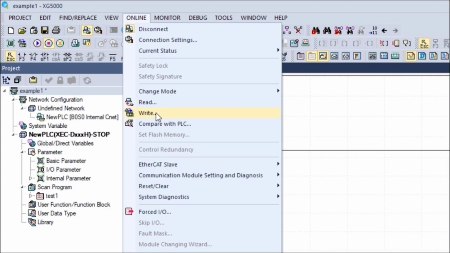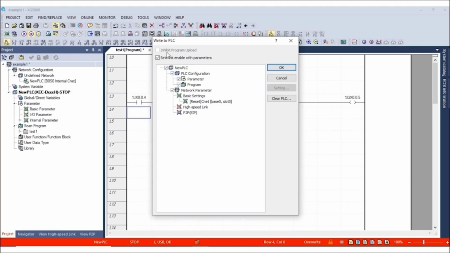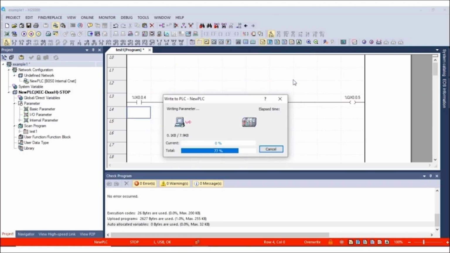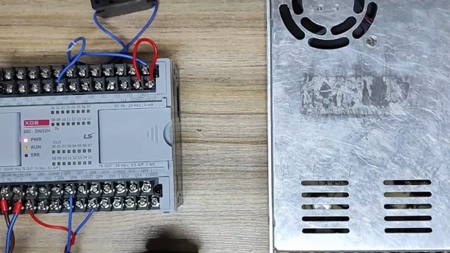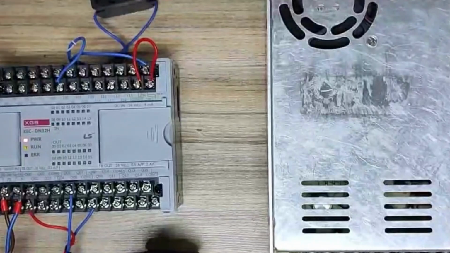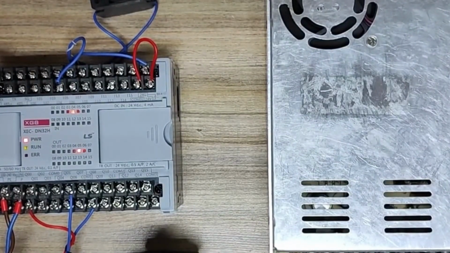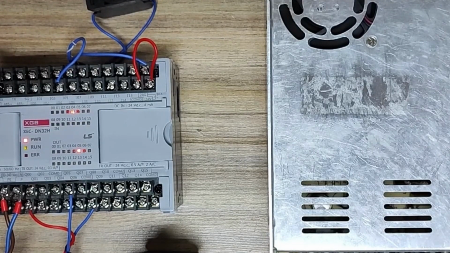So I click on right here. A window opens up for us. If I click OK here, you'll see that our program is being downloaded to the PLC. We've uploaded the program to the PLC, and by pressing this push button and activating input I04, our Q05 output on the PLC will be activated. And as you can see, the signal lamp